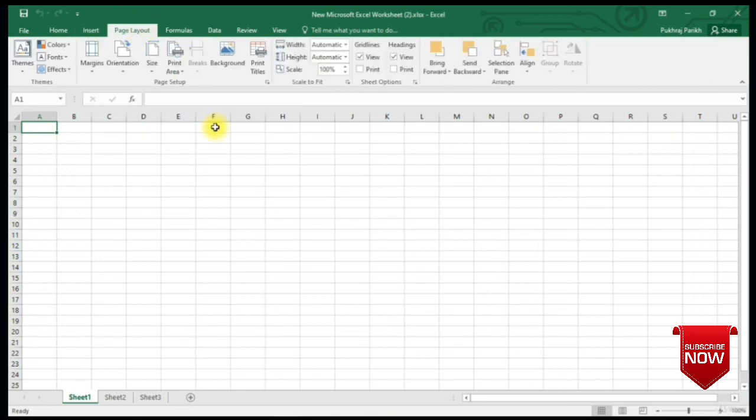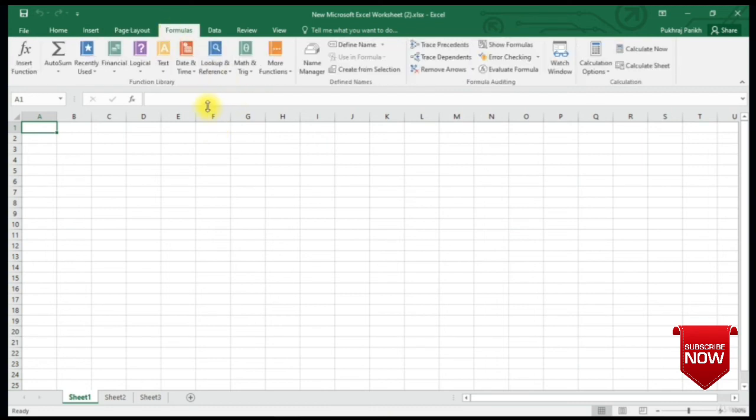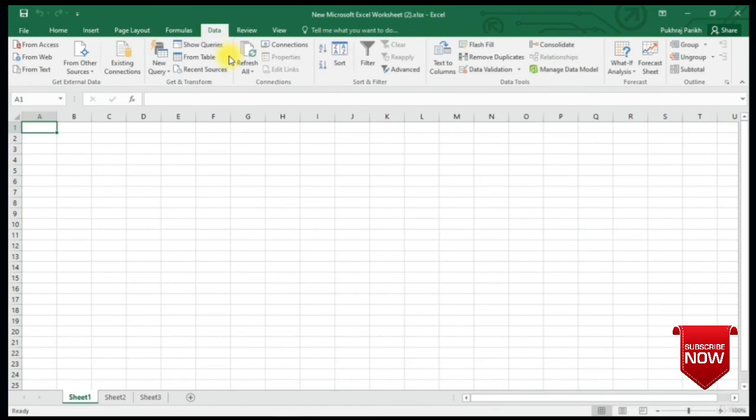Page Layout tab contains commands that affect the overall appearance of your worksheet, including some settings that deal with printing. The fourth tab is Formulas tab, which is used to insert a formula, name a cell, or access formula auditing tools, etc. Next tab is Data tab, where you will find data related commands including data validation, filtering, sorting, and advanced analysis tools.